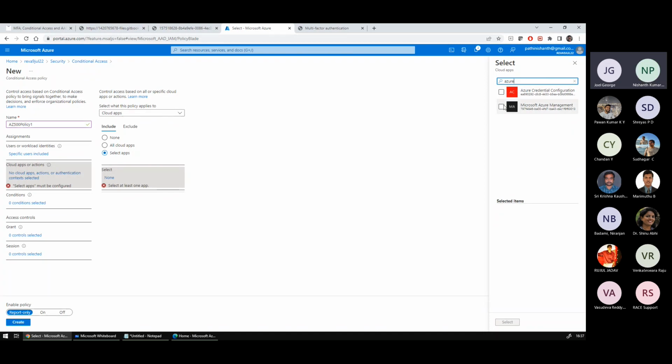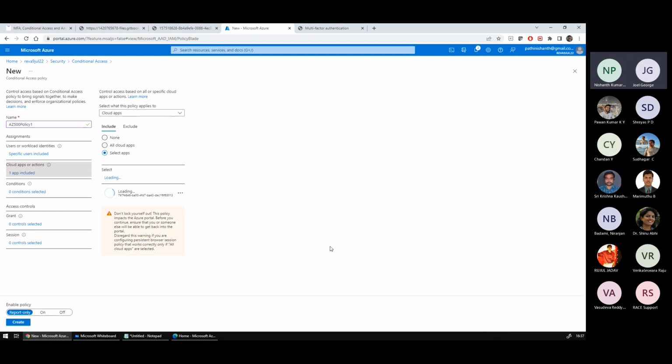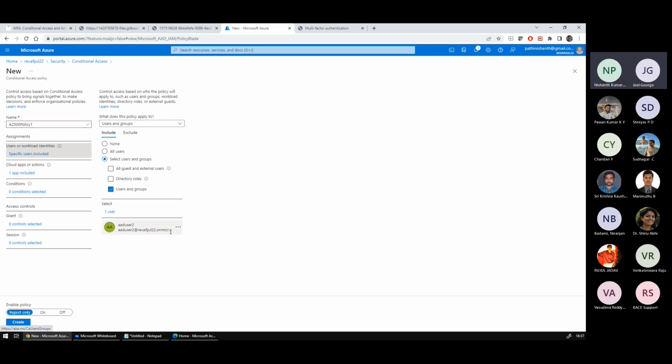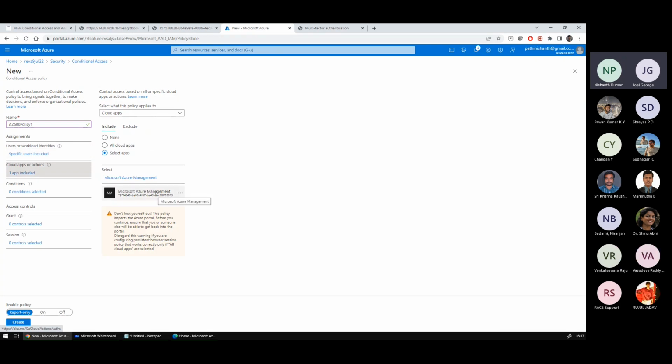See, Microsoft Azure management. If the user number 2 is logging into Microsoft Azure, then